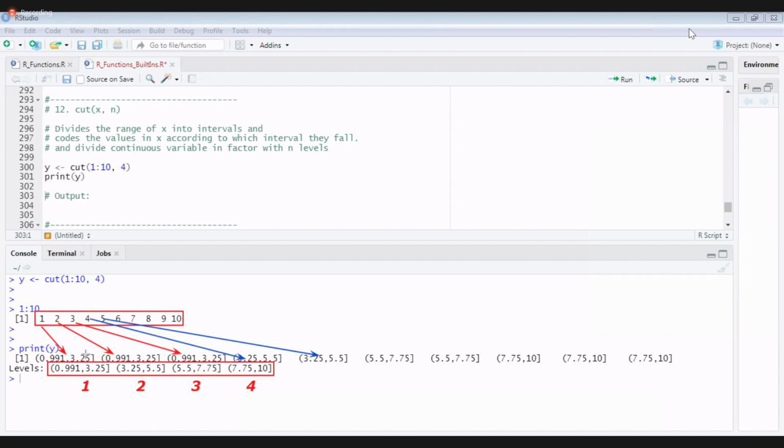I can easily grasp what a certain age group is interested in: certain age groups are interested only in laptops, or only in mobiles, or only in TVs. Based on that, next time whenever people of a certain age enter, we can directly recommend products to them. This is how we use the cut function in real time.